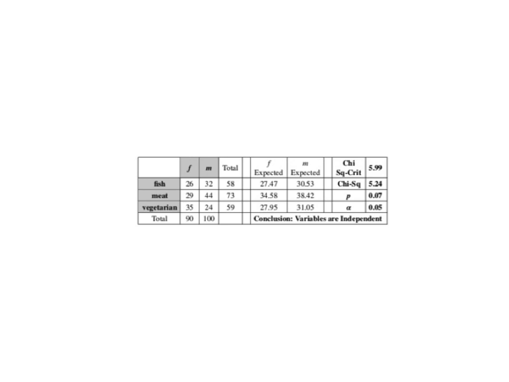As we explained earlier, the test is right-tailed. For a right-tailed test with df equals 2 and alpha at 0.05, the critical value chi-square critical is 5.99. Now this can be calculated via reference tables or via software. Now chi-square is less than chi-square critical, and equivalently p is greater than alpha, so we fail to reject the null hypothesis of no association. We conclude that there is no association, so the variables gender and meal preference are independent, as this table states